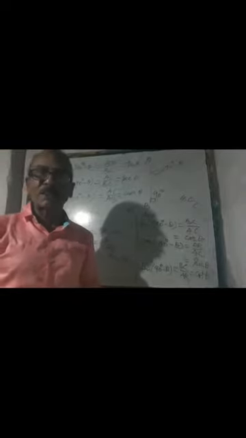So sine 90 degree minus theta gives cos theta, cos 90 degree minus theta gives sin theta. So sine and cos are interchanged. Tan 90 degree minus theta is cot theta, and cot 90 degree minus theta is tan theta. Tan and cot are interchanged, and likewise cosec and sec are interchanged. That means cosec 90 degree minus theta is equal to sec theta, and vice versa, sec 90 degree minus theta is equal to cosec theta. So this is the basic concept of complementary angle. In short, I just showed you. You may just remember like this.